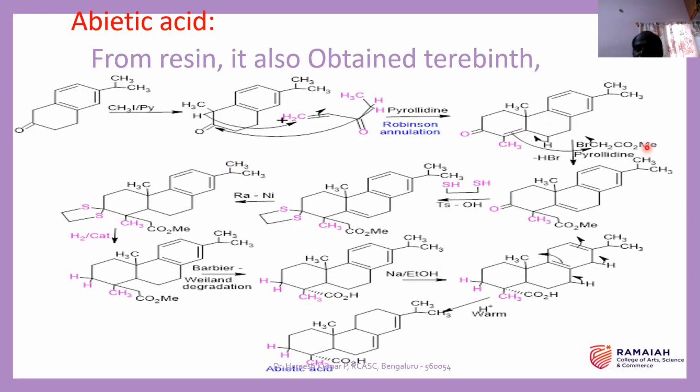So from here to here, you know that this proton is acidic in nature because this is near to this double bond, and this proton is called an allylic proton. And this bond pair can come over here, and this bond pair reacts with this carbon. Why is it reacting with this carbon? Because bromide is the leaving group. So this is possible in presence of a base called pyrrolidine. This is also an organic base. So it means that there will be a new bond formation between this carbon and this CH2. That is how a compound is obtained.